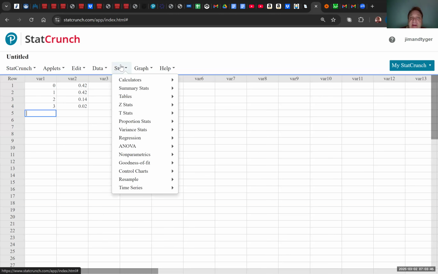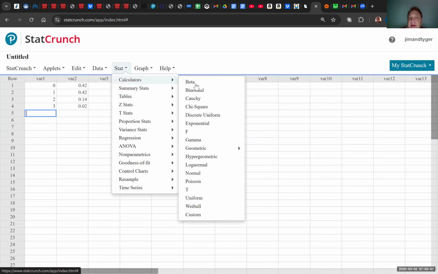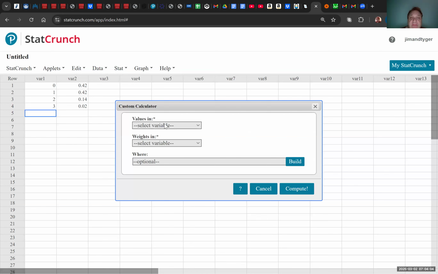So I'm going to go under stat, and there's a whole bunch of calculators. There's all the calculators here. There's no specific calculator for a discrete probability distribution. Discrete uniform is not what we want. We have to go all the way down to custom. So for a discrete probability distribution, we go down to custom and we say, where are the values of the